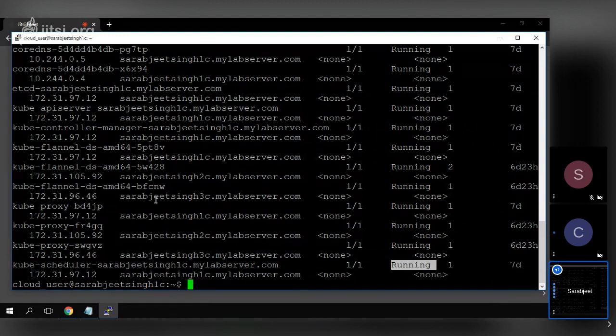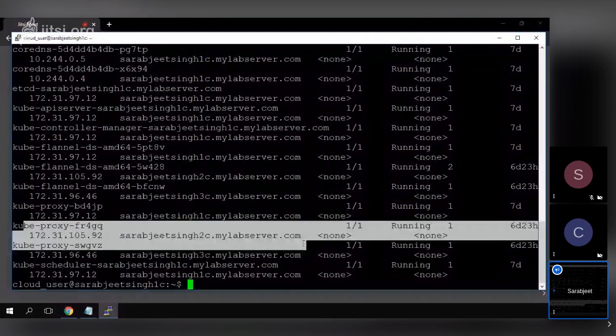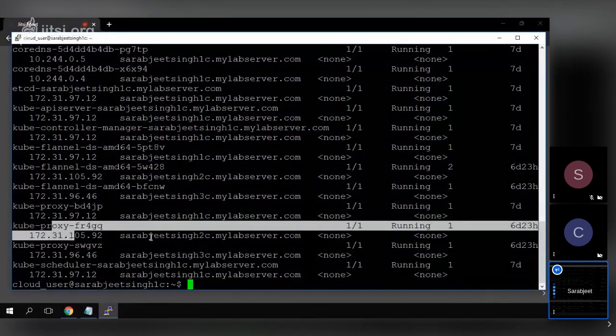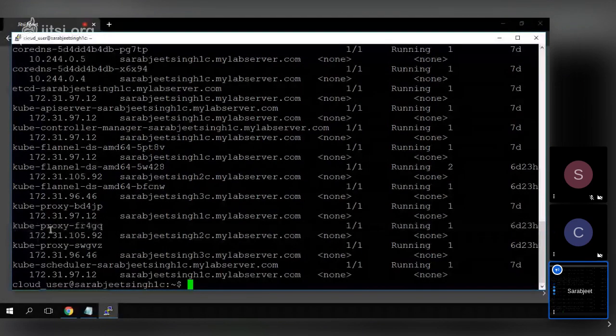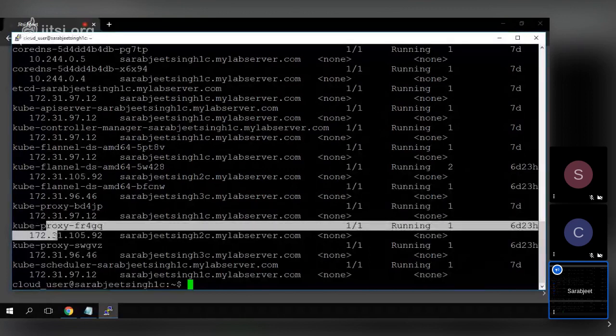You can check like kube-proxy is properly running or not, because if kube-proxy is not running properly, then when the pods want to communicate to each other, or to a pod that is running on a different node,